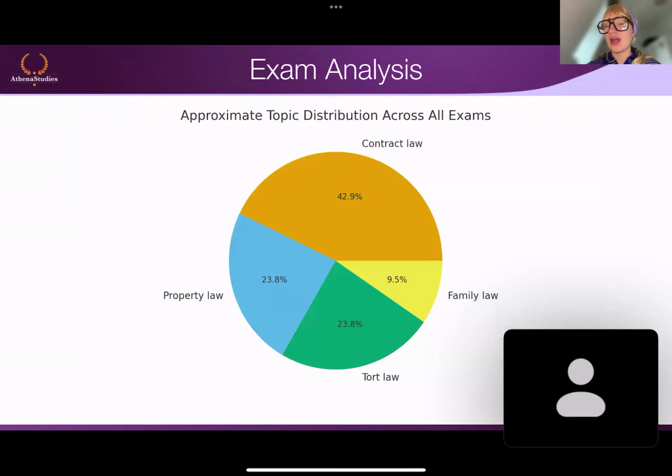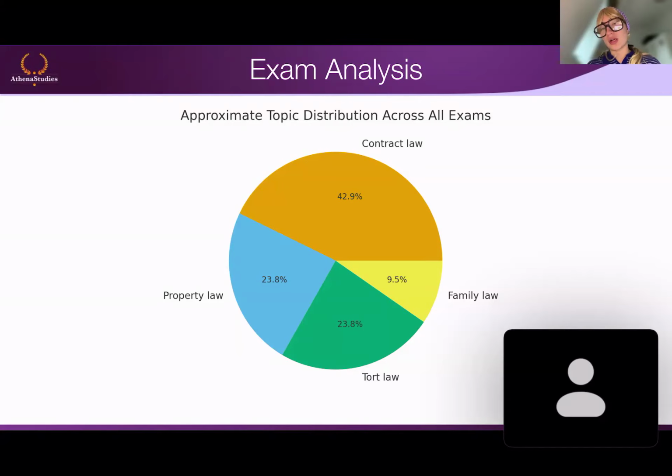So then we have the exam analysis. Here I'm going to take you through based on the past exams that I've been given by my supervisor. So basically, contract law makes up at least one question of the exam every time. But I've heard they changed the structure this year, but I'm thinking that this distribution will stay the same. So even though I've heard from previous groups that property law was the hardest for them, I'm not sure if that's your case, but even if it is, property law is going to be just fine as well.